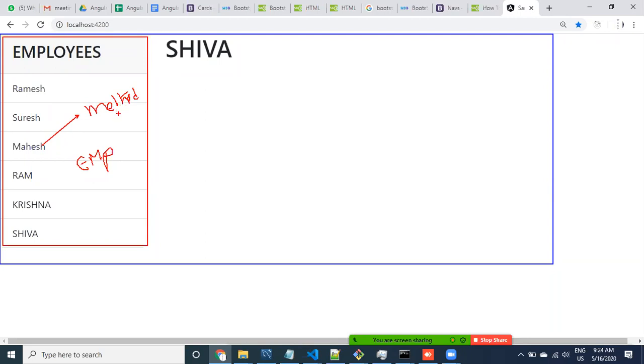From that method, we are emitting this data. When emission is happening, data is going to come here in the parent component. In the parent component, we bound one method, because for any event we have to bind with a method only.